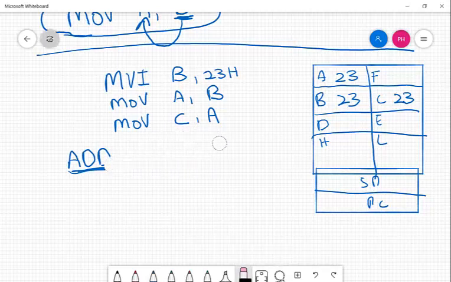For example, if I had some program like this, I had first three instructions exactly like this: move immediate B, 23H. I am actually copying a number 23H in register B. Then I am copying the contents of B to the accumulator, and then I am copying the contents of the accumulator to register C. After that, maybe I have the fourth instruction like something like this: add, or before that